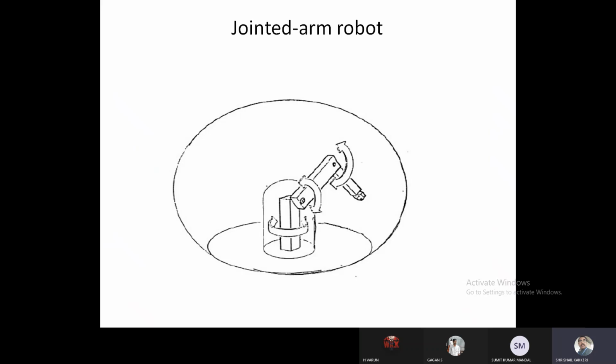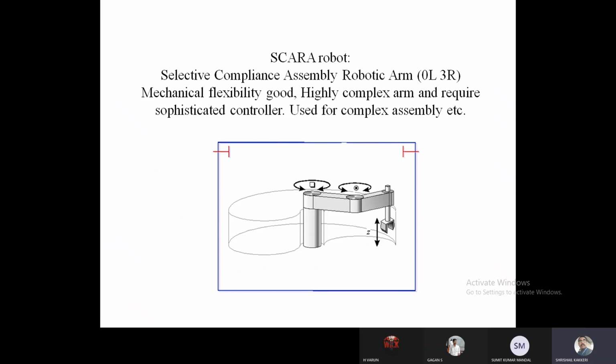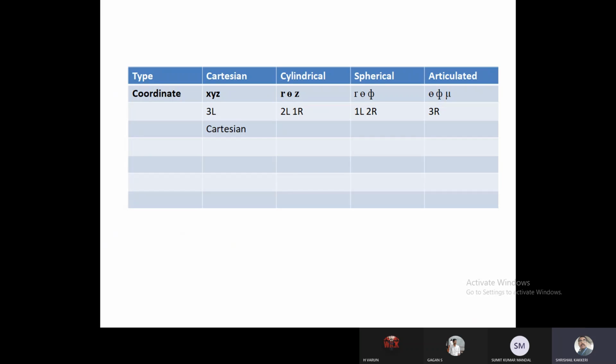Any discussion you want to do in this, please tell me. The SCARA robot, the vertical and all these I told. Now, I hope you can